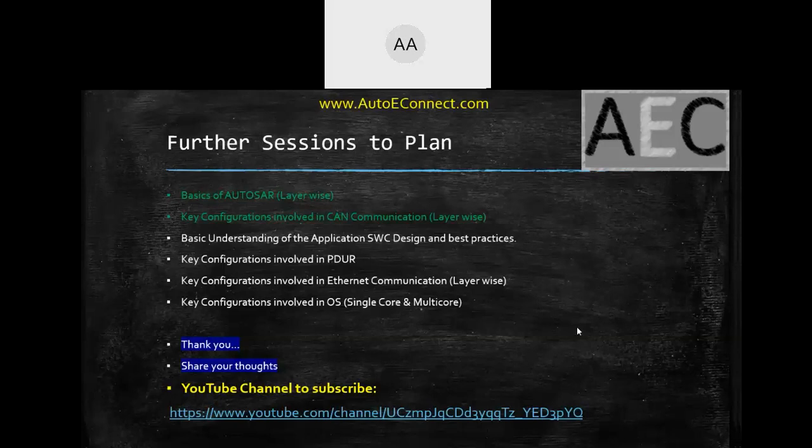For example, if you take a CAN channel, let's say you have two CAN channels in your ECU. For each channel, you can have one wake up source, and that will be configured as a part of ECM. ECM is again an interesting module, which maybe we can cover in one session. This is for the complete ECU. ECU manager is where you talk about everything at the ECU level.